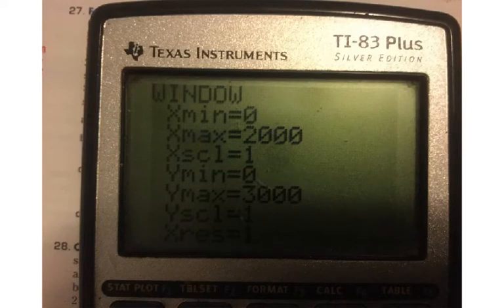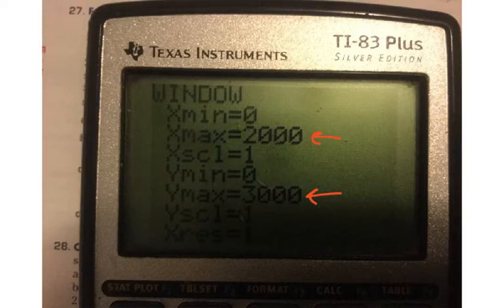First of all, since this is a real-world problem, all real-world problems end up in the first quadrant. Particularly in this problem, because you can't make negative money and you can't sell negative cards. So I made my X minimum and Y minimum 0. But how did I know what to change these to? One of my inequalities had a y-intercept of 1500. So I had to make my y maximum bigger than 1500. And I actually started with 2000, and then I ended up bumping up to 3000